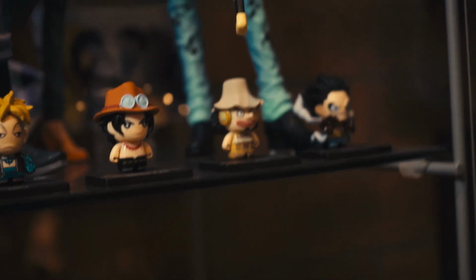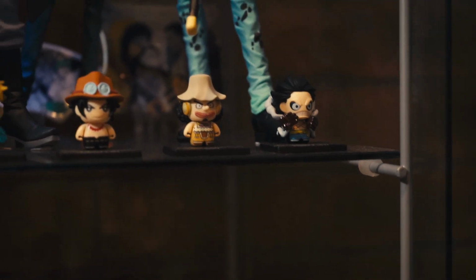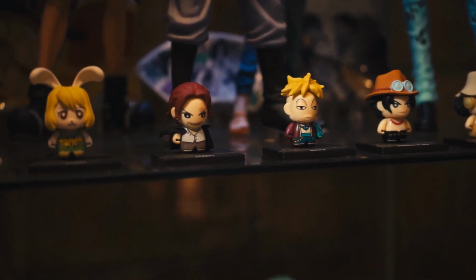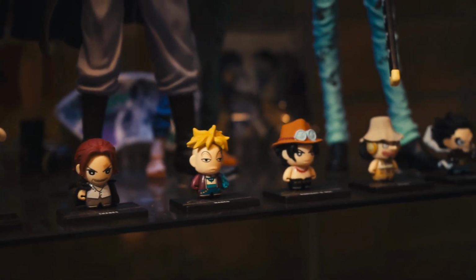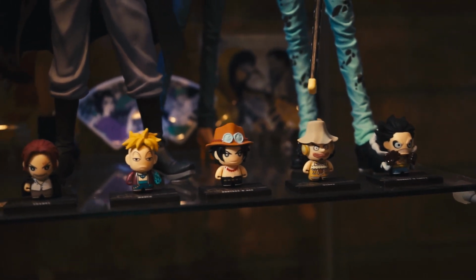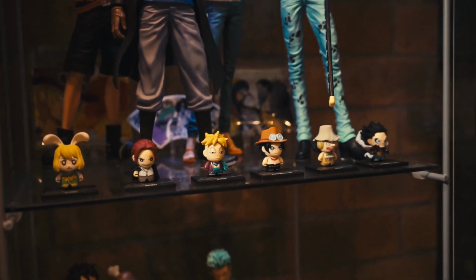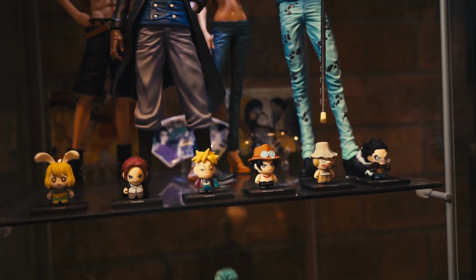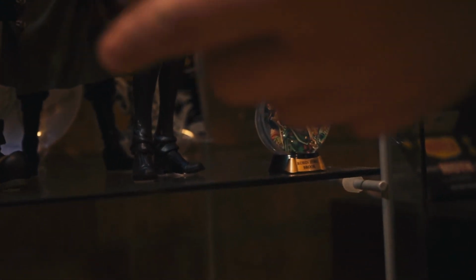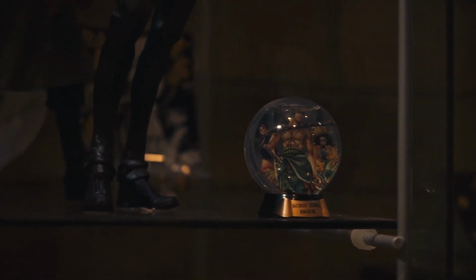And down here we have these little things. I'm not sure what they're called. They're gashapon machines, though. The machines you put a couple coins in, and they crank out a little capsule, and you open it up, and you get one of these. It took me a few tries to get all the ones, but I like these a lot. I wish I could find more of them. I can't. These are the only ones I've ever seen. So yeah. Down here, I have some more gashapons, little blind box toys, and down the very bottom,